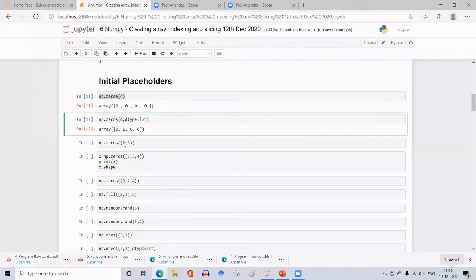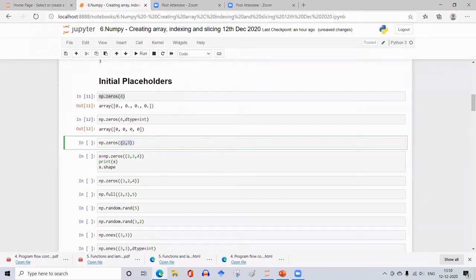Suppose I want a two-dimensional array with 2 rows and 3 columns, but all zeros, initialized with all zeros. So the syntax is np.zeros. Then within curved brackets, you enclose the dimension of the array you want to form, which is a tuple having number of rows and columns.